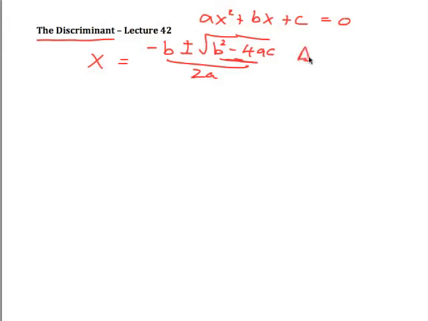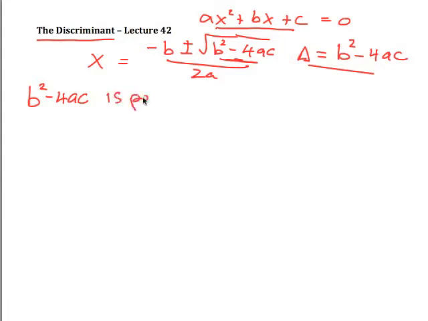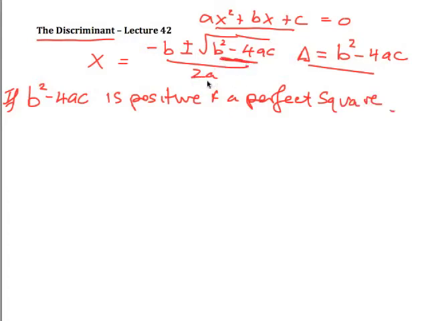Okay, we sometimes write this funny little symbol here, uppercase delta, to be the discriminant. Now this discriminant tells us a few things about the solutions that are possible for a quadratic equation. Right, so for example, let's suppose I take b squared minus 4ac, and let's suppose that this is positive and a perfect square. Right, for example, this value here comes out to be something like 4 or 16 or 9 or something like